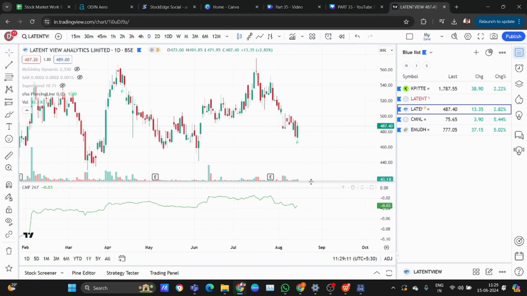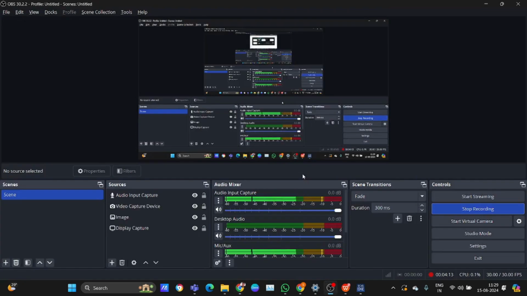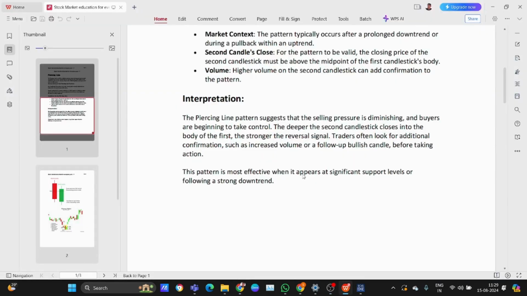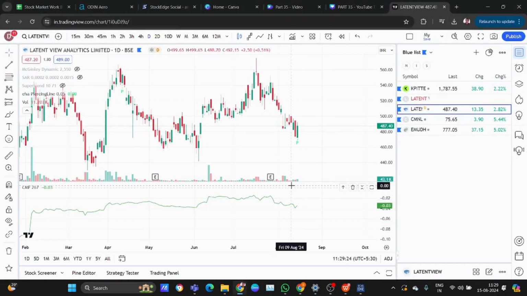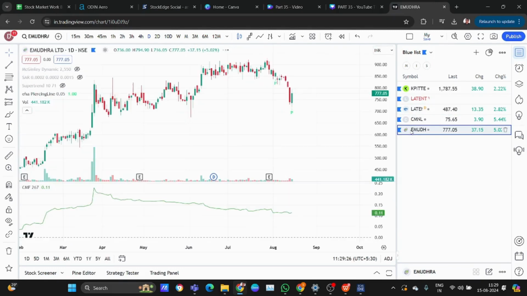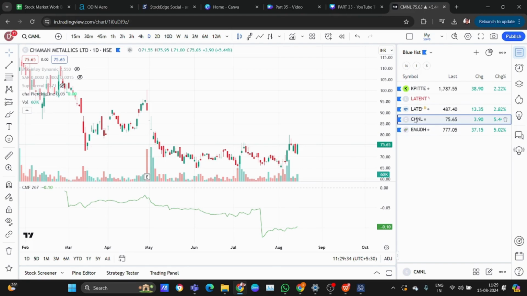You can see that volume has been increasing over the previous few days' candles, and the second candle's volume is bigger than the first candle's volume. It may be false, maybe, but I can trade this type of piercing candle also.